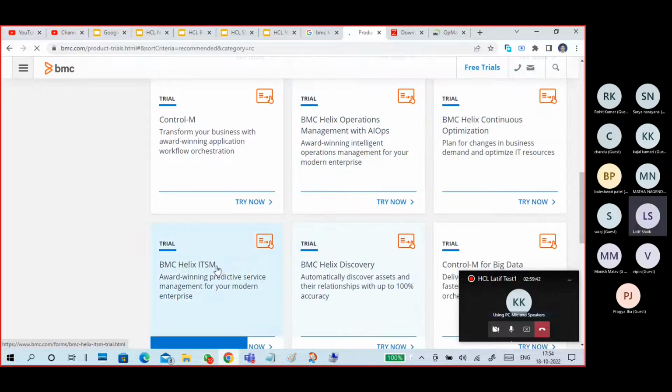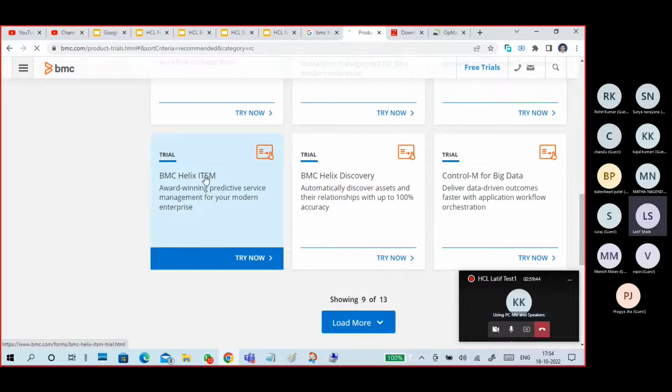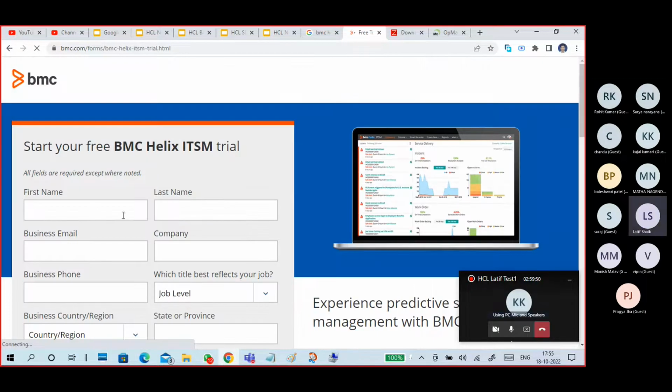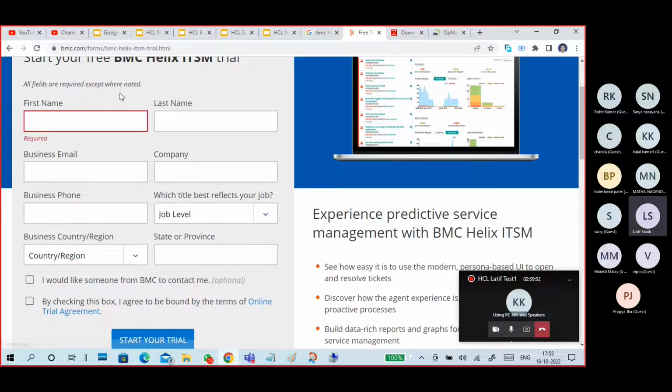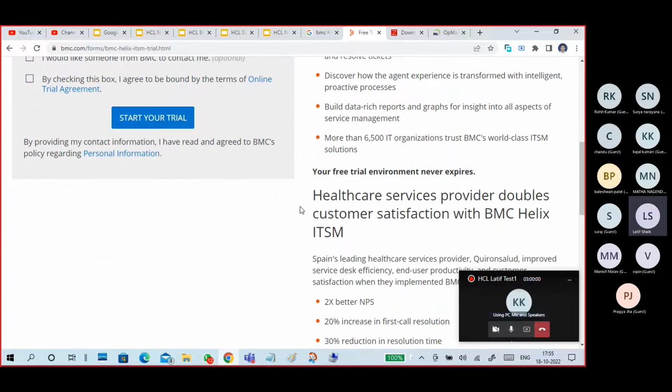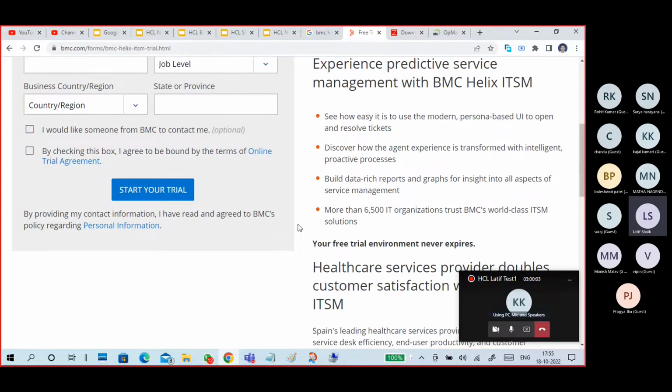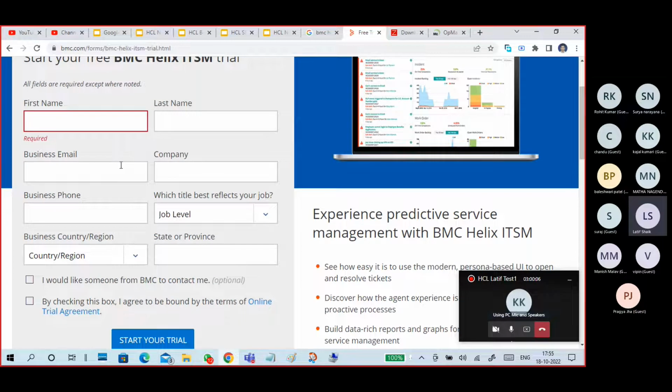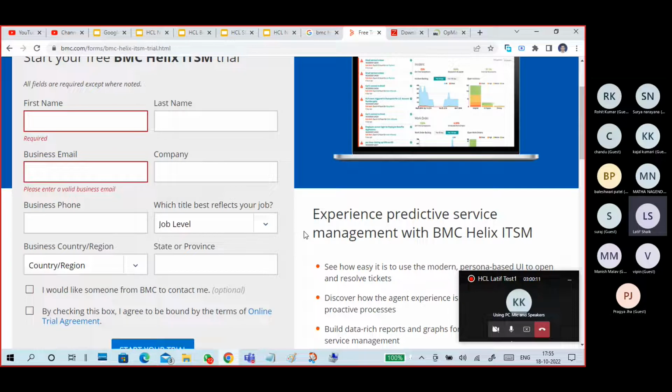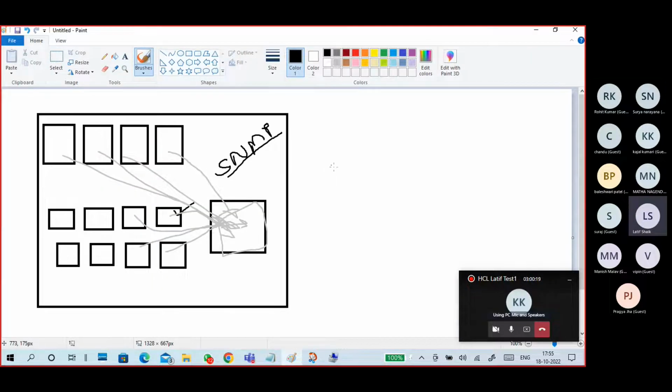You can see this is our ITSM. Go to BMC Helix ITSM, try now. Fill these things. You can put any name, guys, no problem, because it's a demo version. It's not asking you to give compulsory correct information. If you want to give correct information, that is up to you. And here two columns are there. One is a business email. Business email is not your Gmail. First remember, Gmail and Yahoo Mail won't work here. You have to give something with an at the rate, like this. For example, I'll give something like